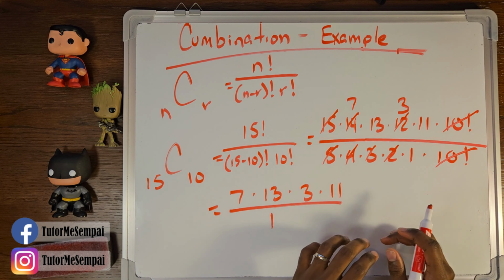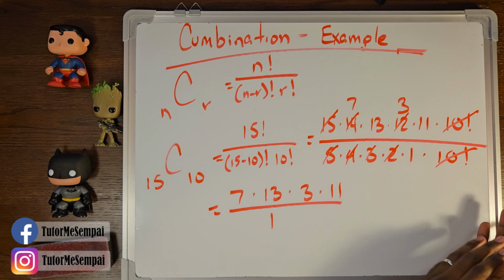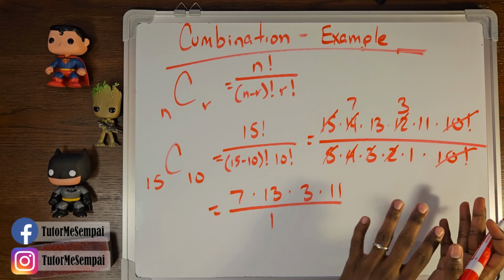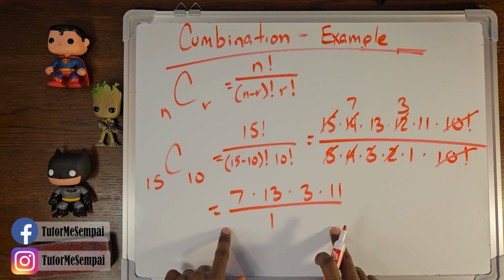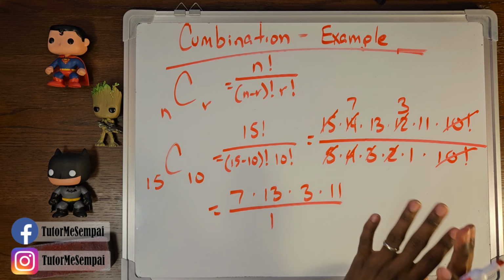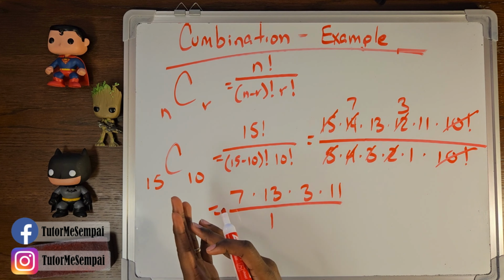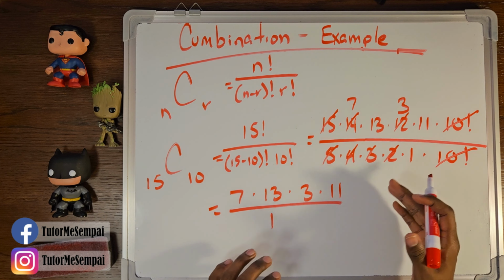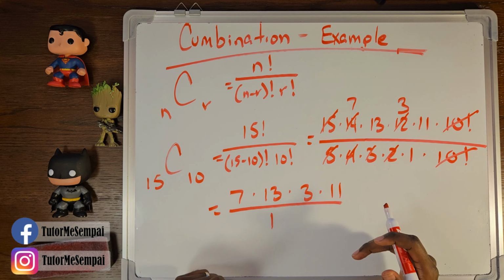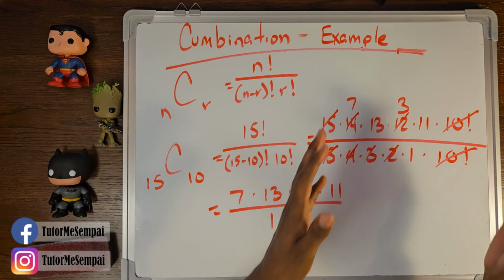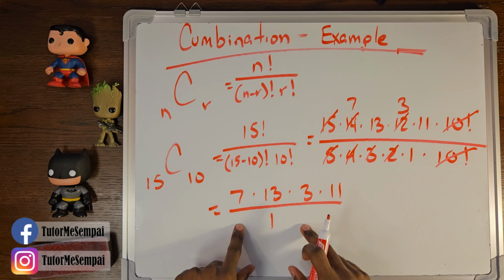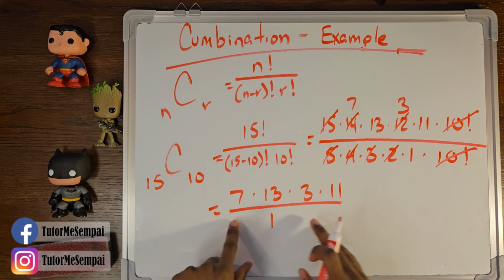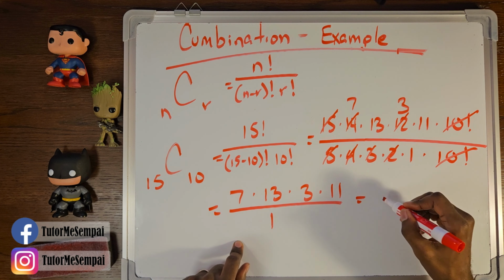And this is just through simplification. You don't have to simplify. You can throw everything in your calculator if you feel like it. But to simplify a little bit to make sure what you're putting in your calculator looks a little bit cleaner, you can do this. But if this confuses you, heck, throw everything in your calculator as you need. We've already gotten rid of all the factorials. These are just going to be simple numbers that you're multiplying in your numerator and your denominator, and then you can divide it as you need it. But if you're following along with the simplification and you got to this step, just plug this into your calculator. There is no need to put any divided by 1. Just plug everything into your calculator and you will see that you're going to get